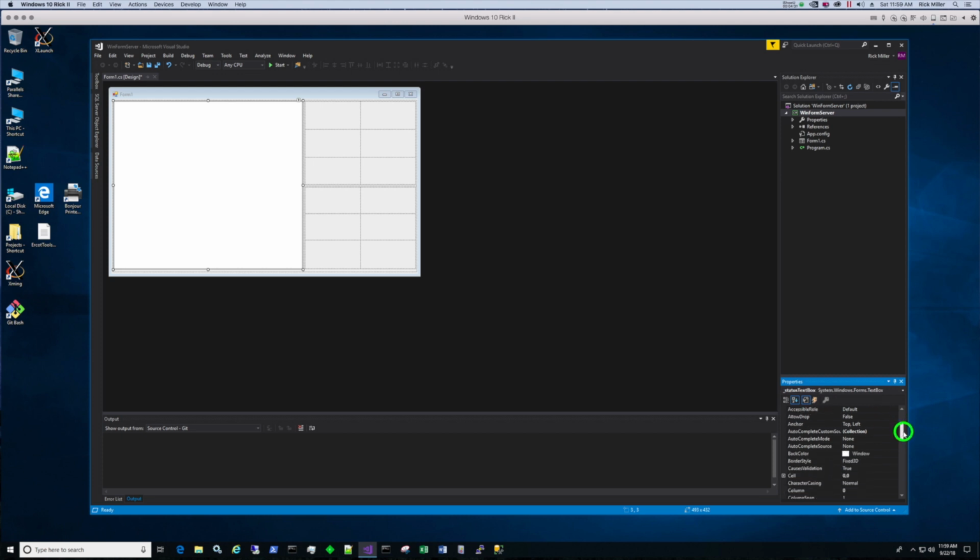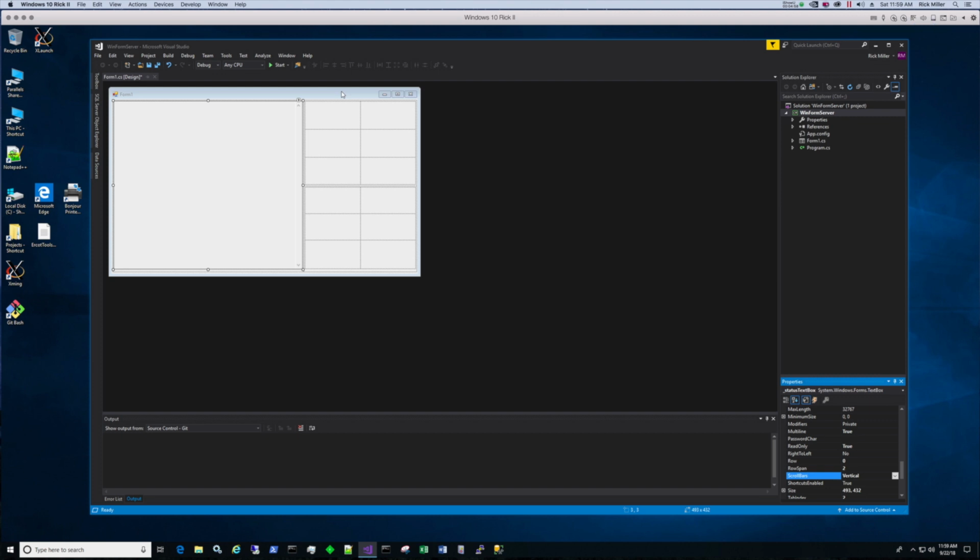And it could be read only. So we're going to scroll down to read only. Make read only true, like this. And it needs some scroll bars eventually. So we're going to make vertical scroll bars. So you'll see these things kind of over here to the right. Now that we have that,